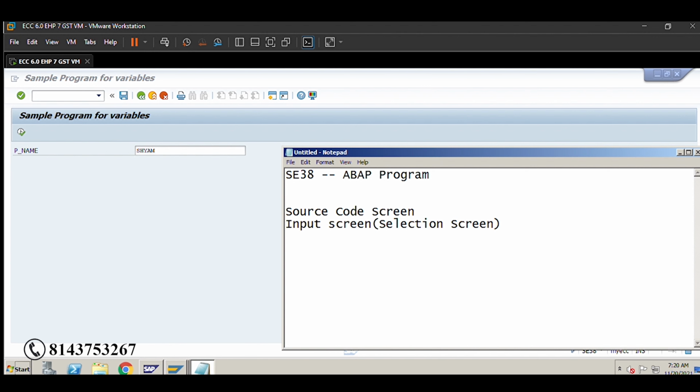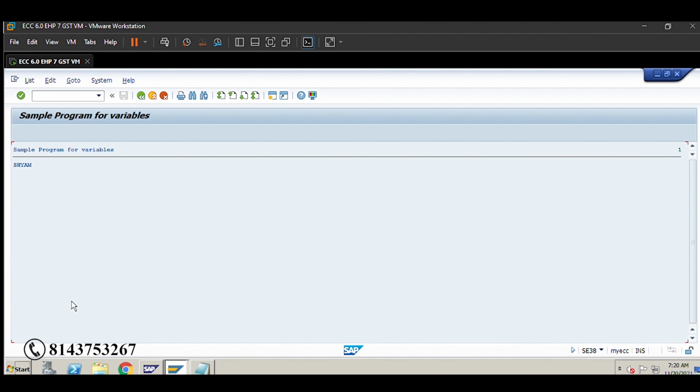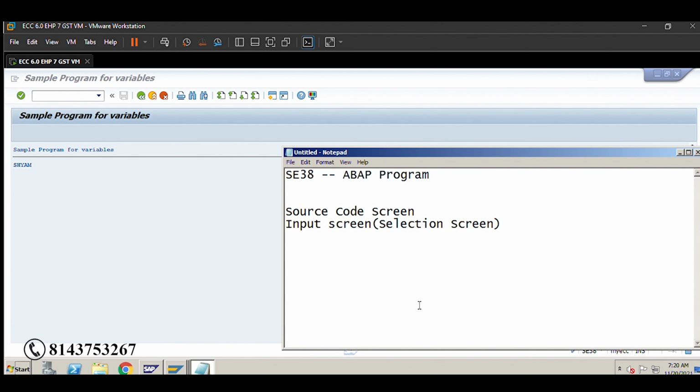I will explain the selection screen everything later, but I am just mentioning the technical words to understand easily. Okay. So when you execute this, this is called output screen. Okay. So whatever the input you provided there, it will display here.